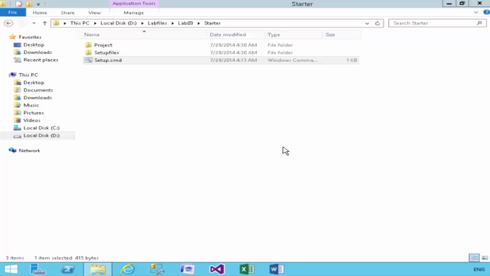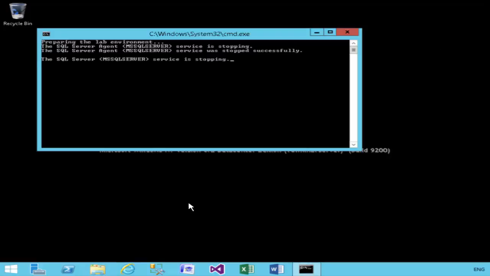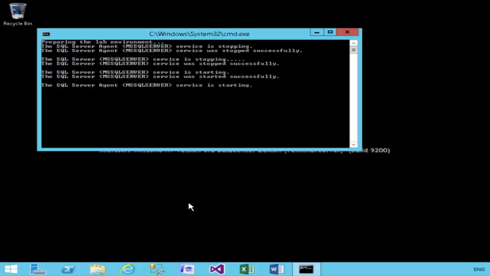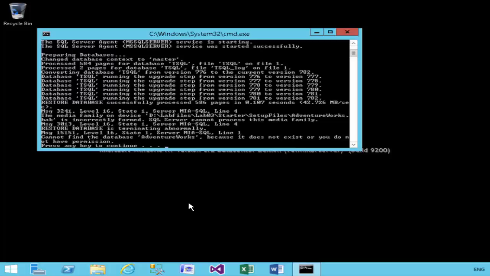Welcome to the third lab of the 461 course, in which we're going to take a look at how to create and run select queries inside of SQL Server Management Studio. Now, for this course, the transaction log has already been completed for all of the modules, and here I'm rolling back the database right to the start of Module 3, so the data is at the correct point for us.